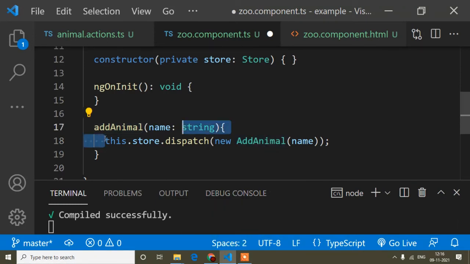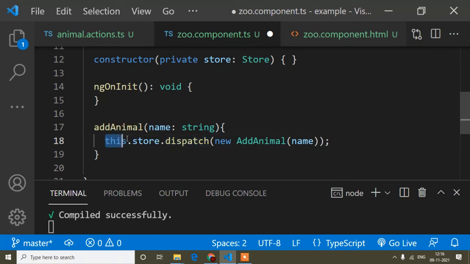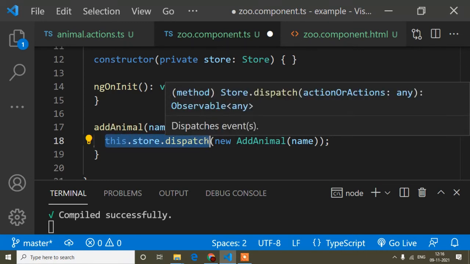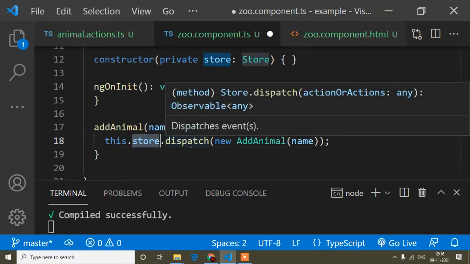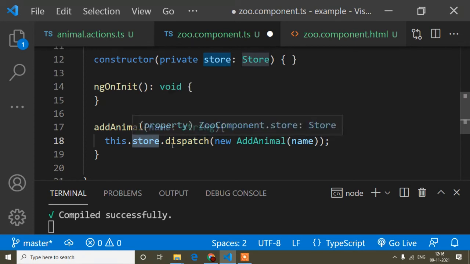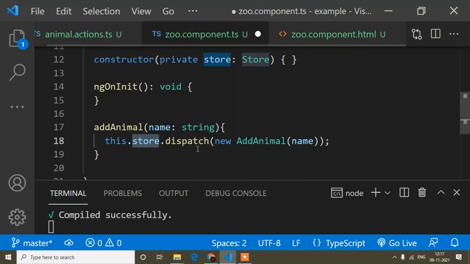And I'm using this dot store dot dispatch because whatever kind of event we create, add, delete, update, has to be stored in a common place. That's why I have to call any method this way, because in the store class some default features of NGXS are written. When I call this method this way, it will be stored in a state, right? How we can store it in a state, I mean in this animal.state.ts, I will create in the next video. So now it's a simple thing.